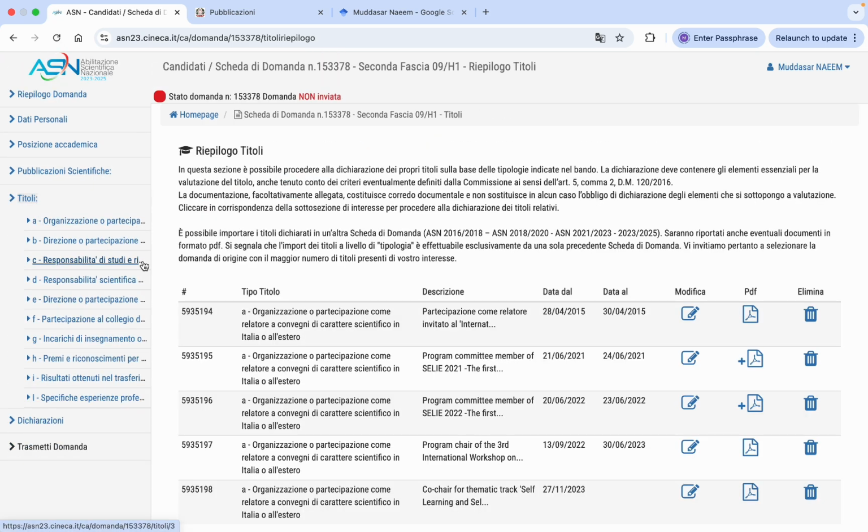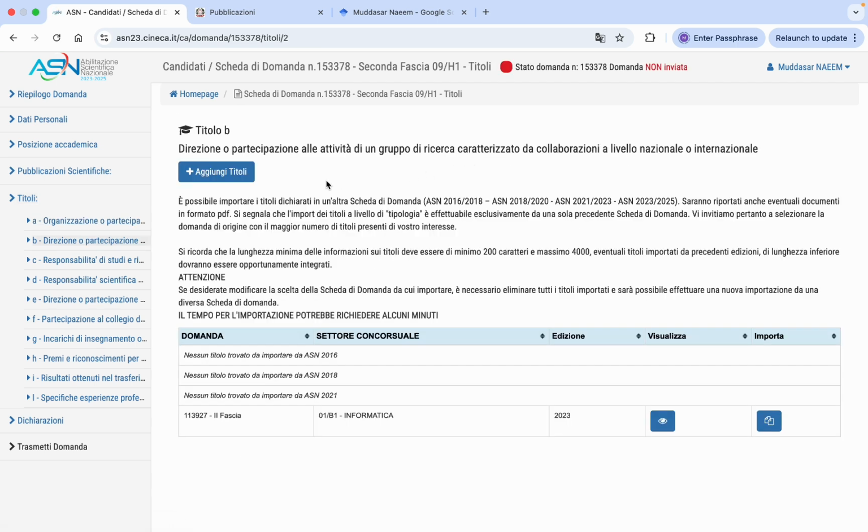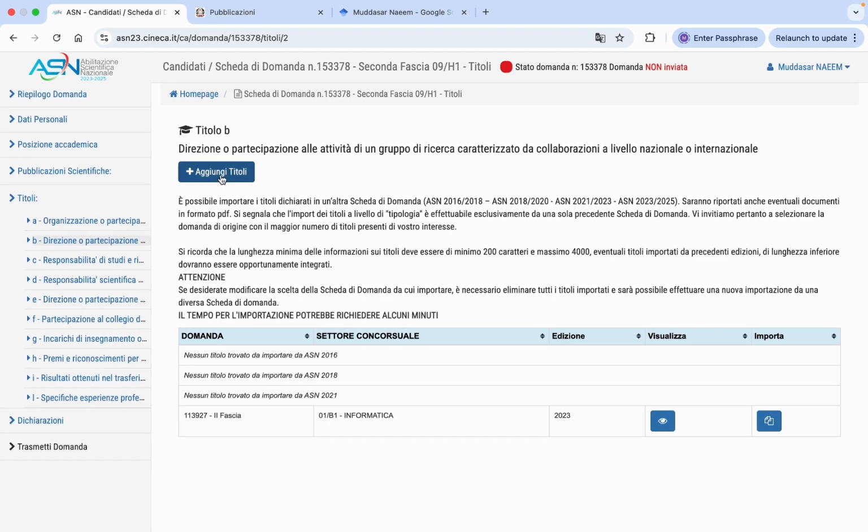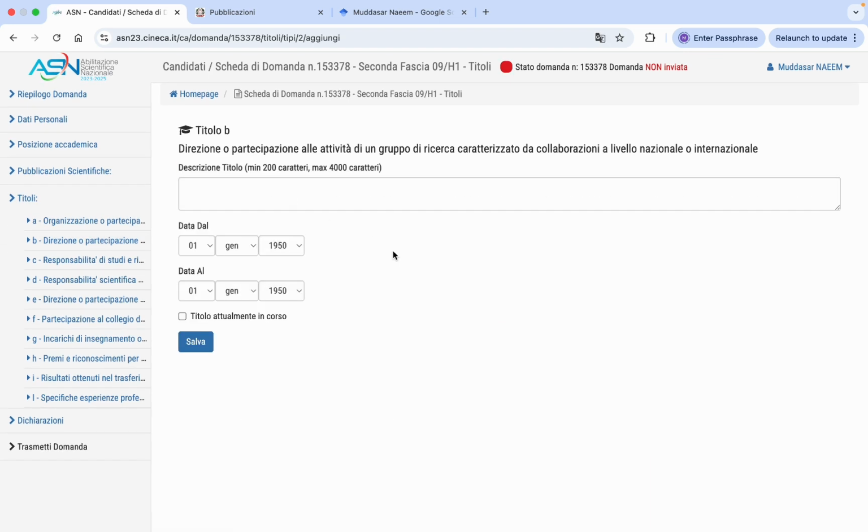So in the titoli, you can see that we have 9 options. For example, if I click on the second option, B, you can see that I have the option to copy my data from the previous application. So if you have already presented an application, you can copy that information into this application if you want to use the same data. And if you want to add a new one, you can add it here, aggiungi titoli, and you can see this is the title of